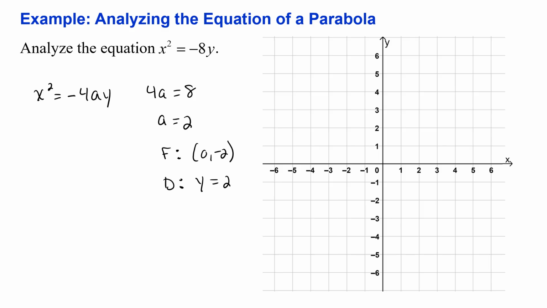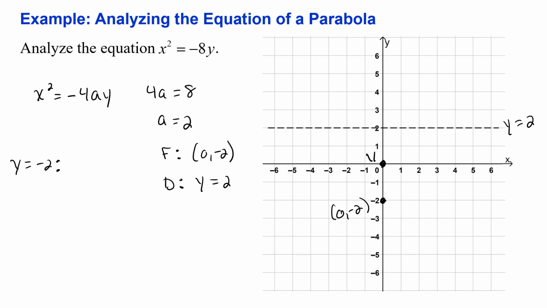Now let's plot this information we know up to this moment using a rectangular plane with x-axis from negative 6 to 6 and y-axis from negative 6 to 6. Let's plot the vertex at the origin, the focus at the point (0, negative 2), and the directrix the line y equals 2. Now let's determine the endpoints of the latus rectum by substituting y equals negative 2 into the